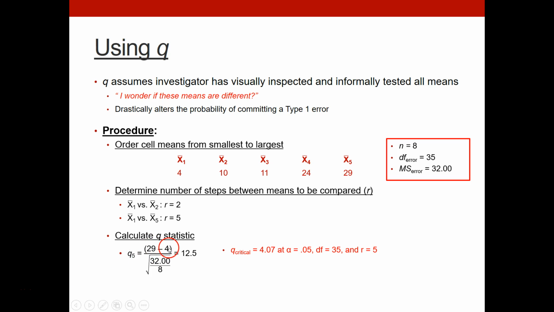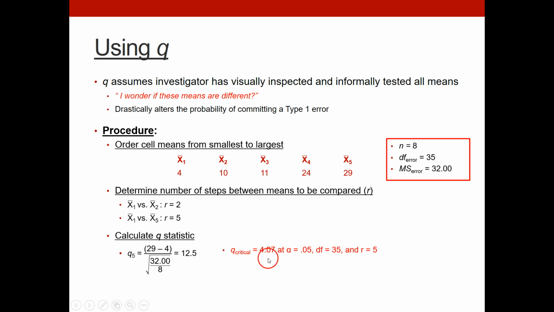We've got 29 minus 4 over the square root of our mean squared error, which is 32, divided by the number of people in each cell, which is going to be 8. Okay, so this gives us a test statistic of 12.5. If we look at the Tukey table of alpha 0.05, we would find a critical Q value of 4.07 with 35 degrees of freedom